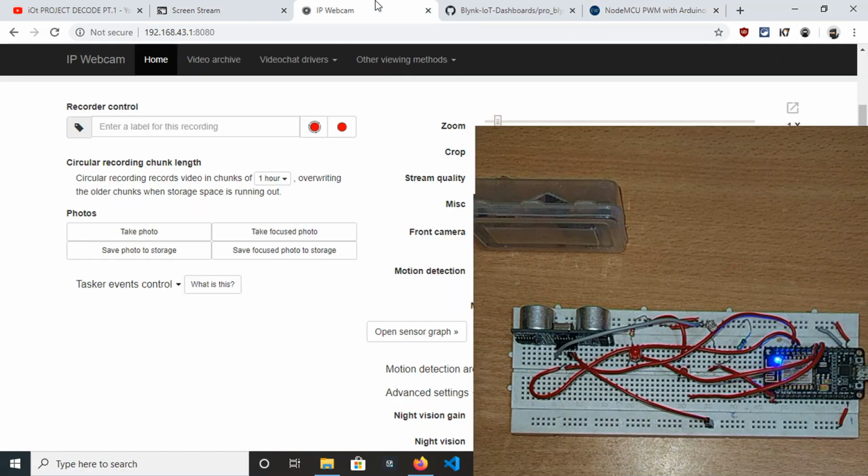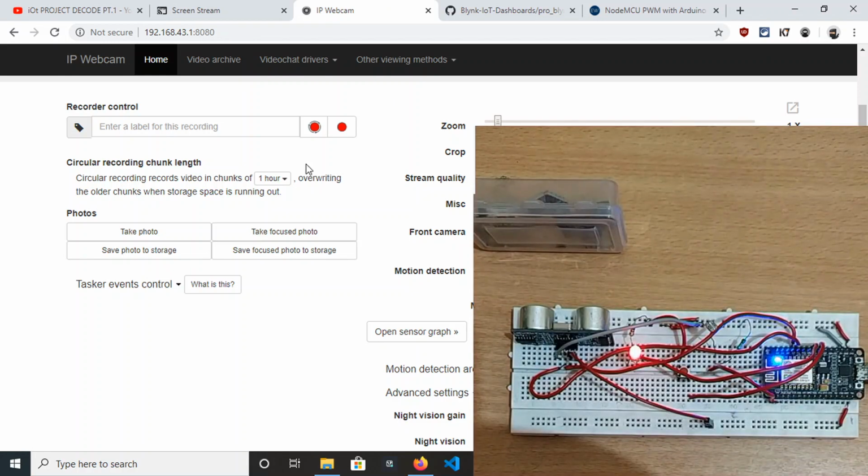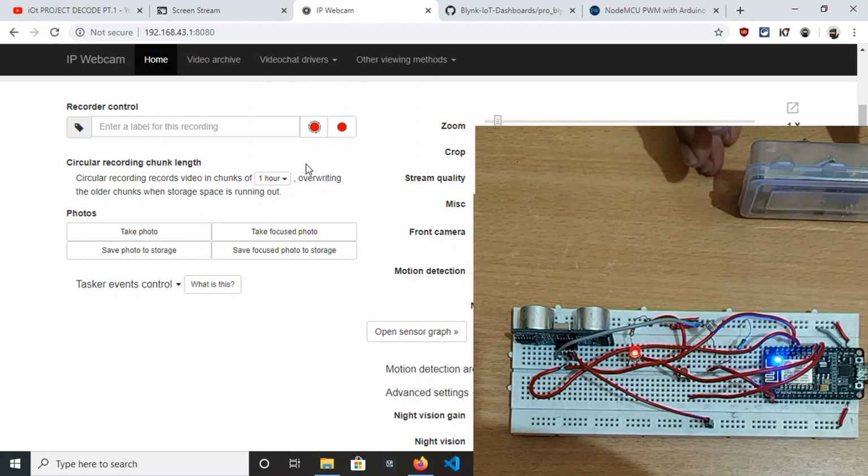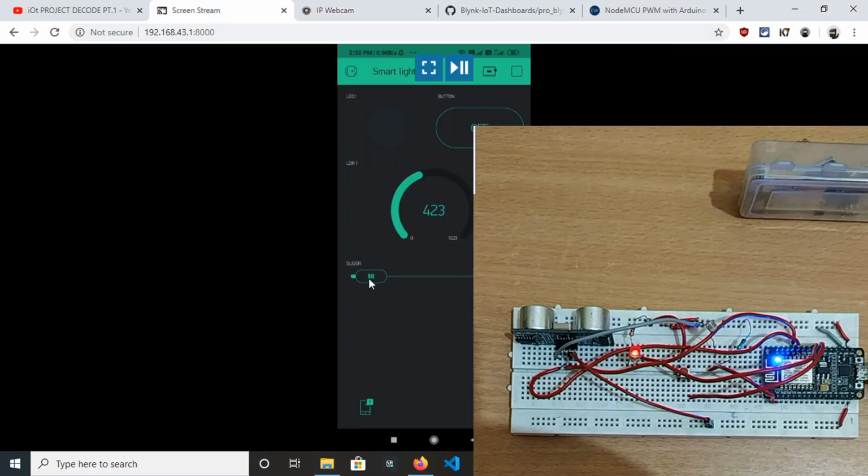Let's turn that off and discuss more about the project. Okay, and as the object passes, it's turned down again. In this project I have also used this slider.